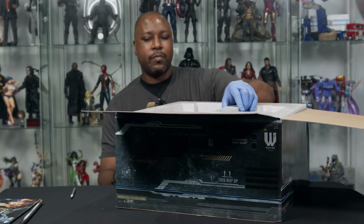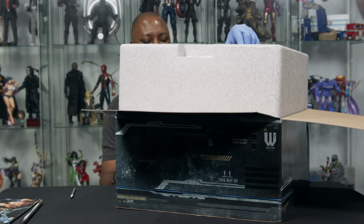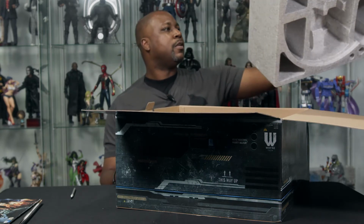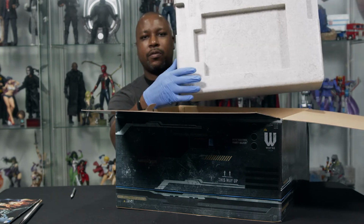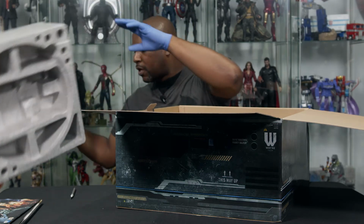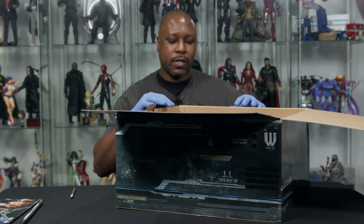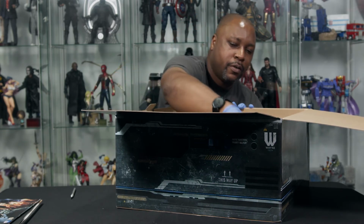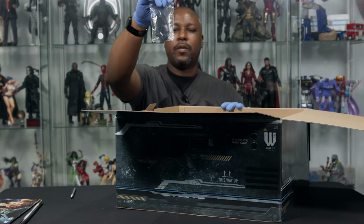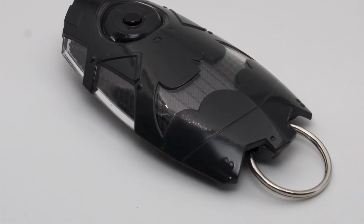It's missing the steel book, which I guess, whatever. I still have the steel book from my version. But again, none of that's important. Very cool though that it does have the embossed Arkham Knight logo in the styrofoam. That's one thing I love when companies do that, when they take that little extra step. But again, that's neither here nor there. Thing comes with a freaking key fob remote. That's all sorts of awesome. But